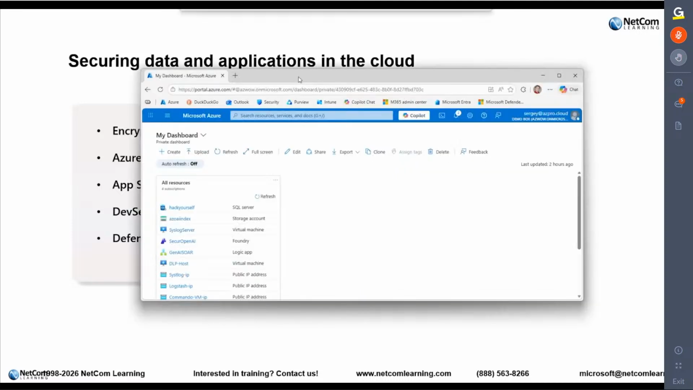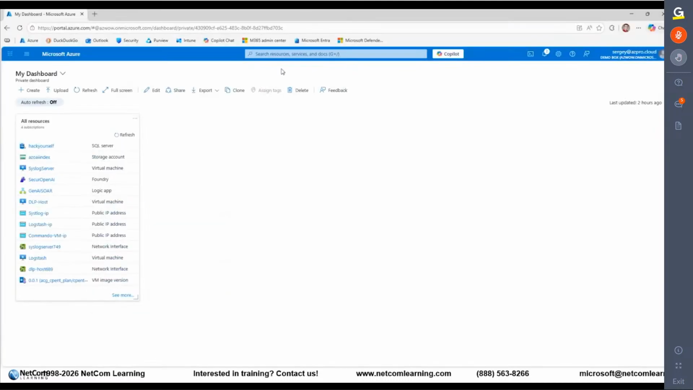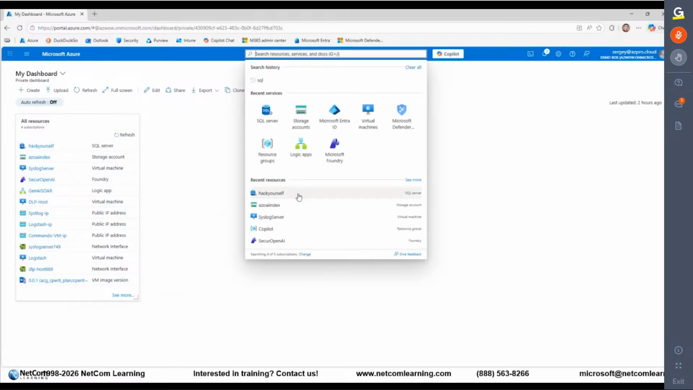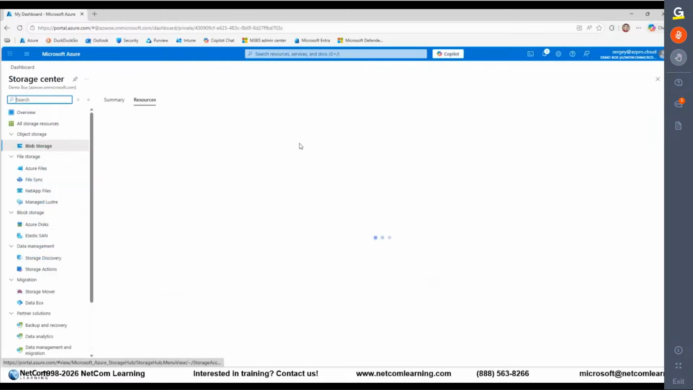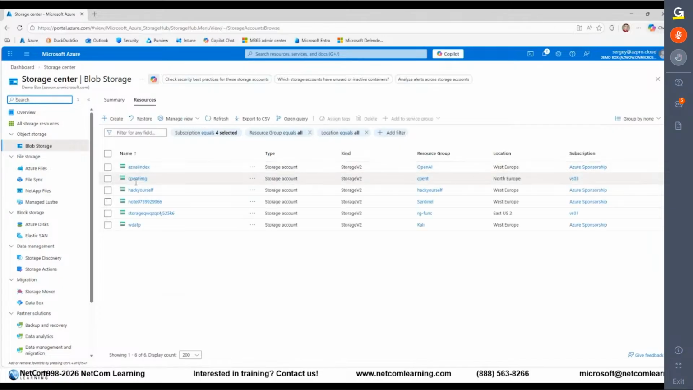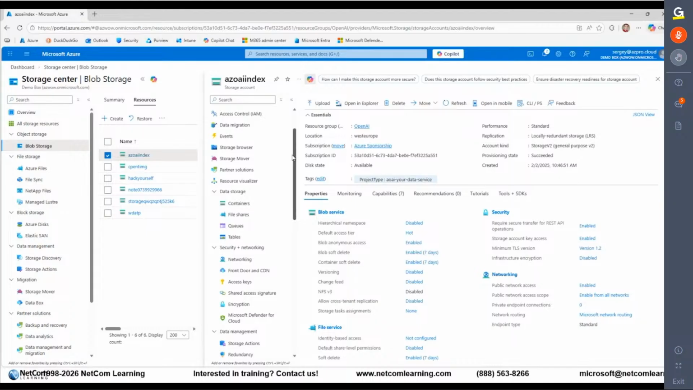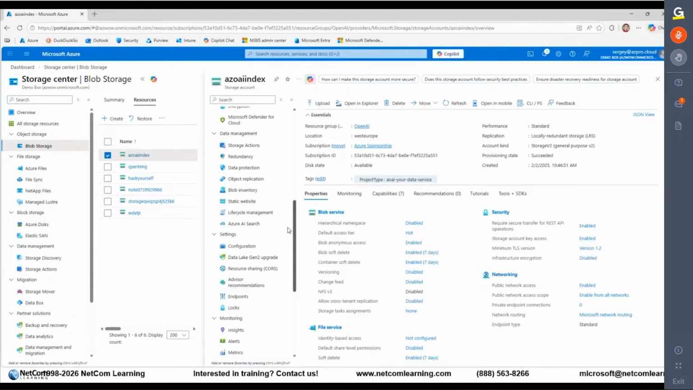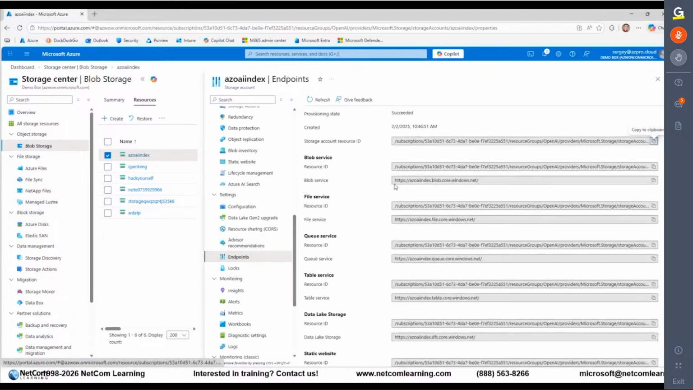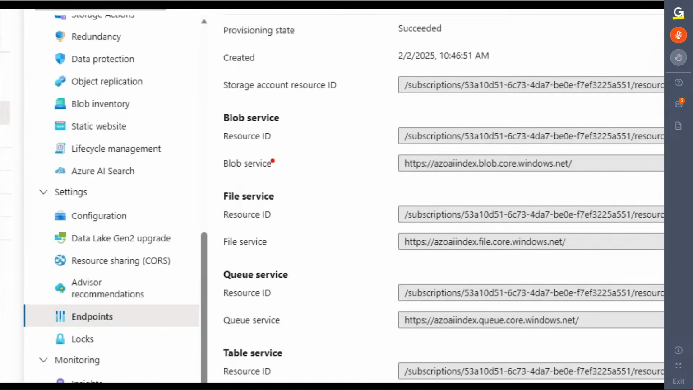Let's try something else. Let's go to storage. So let me go to storage. Now I can go to storage. And if I look at the storage endpoints, I can see a number of endpoints. So blob service, HTTPS,